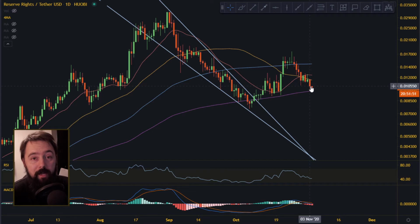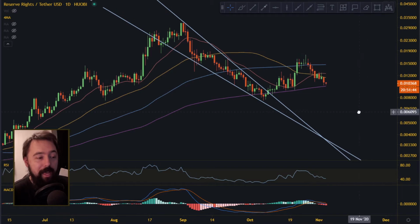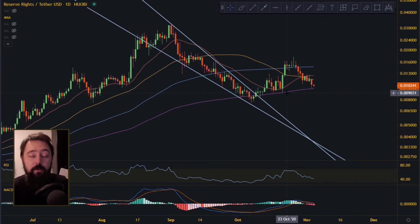Now if it holds the line, that's bullish, but we're gonna see, and I'm gonna show you my prediction on what's gonna happen next. But that's what actually happened. It went down in the wedge, it went out, held the 200 moving average, went up, and now still keeps it. As long as it keeps the 200 moving average, it's bullish. But